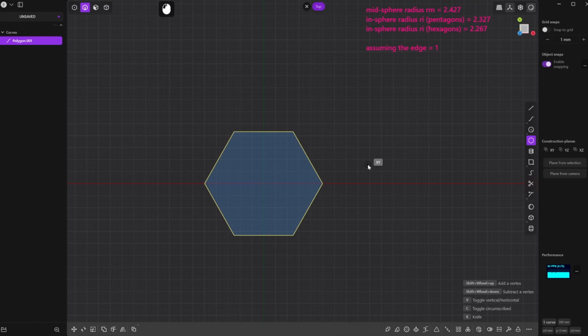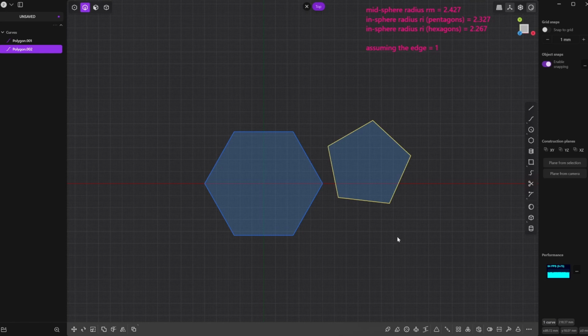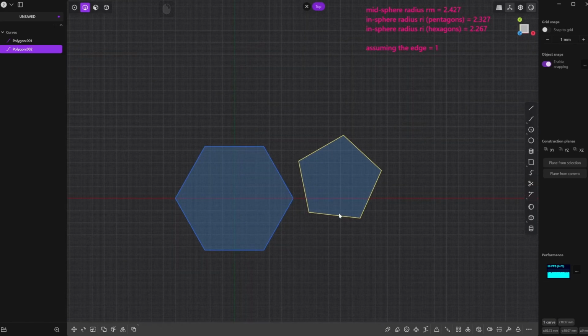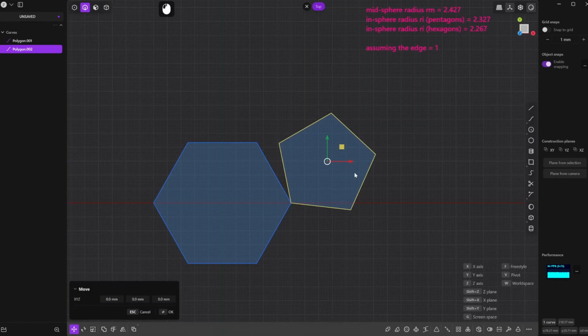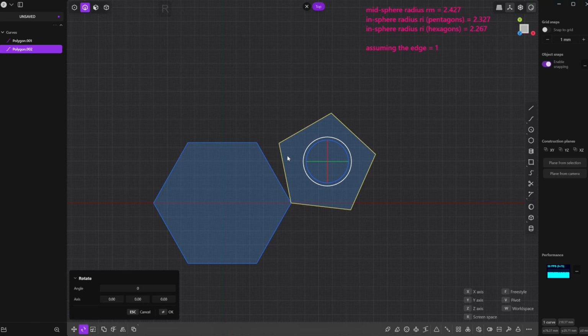We don't need to be very precise. We'll ask Plasticity to help us to set the dimensions we need. So first I'm going to grab it in the freestyle. We'll take this edge. Now we'll just rotate in the freestyle as well around this point, holding this edge and making sure they are